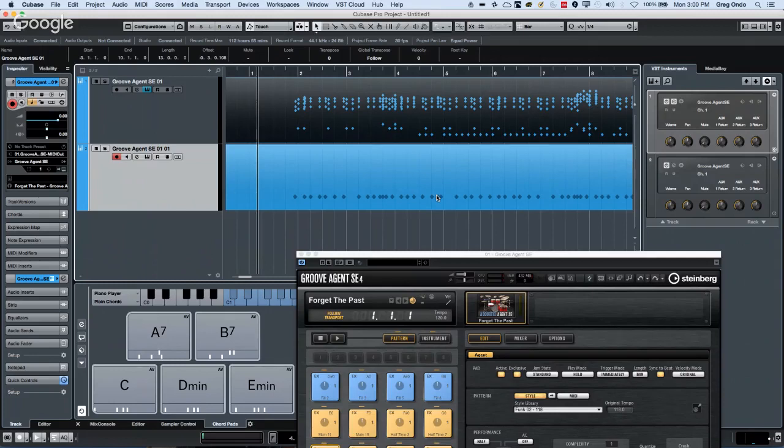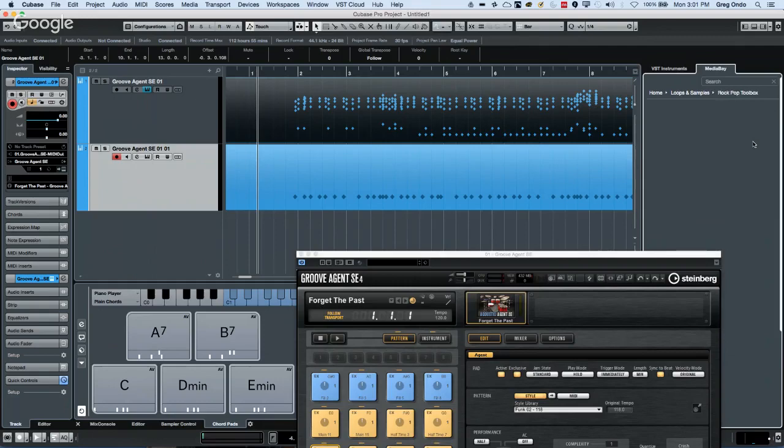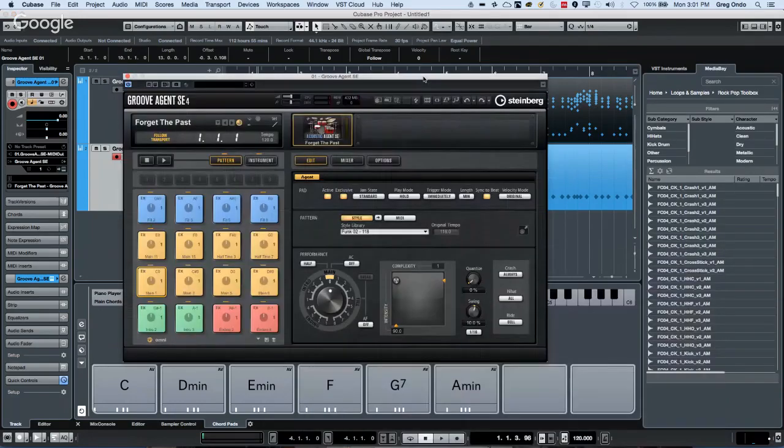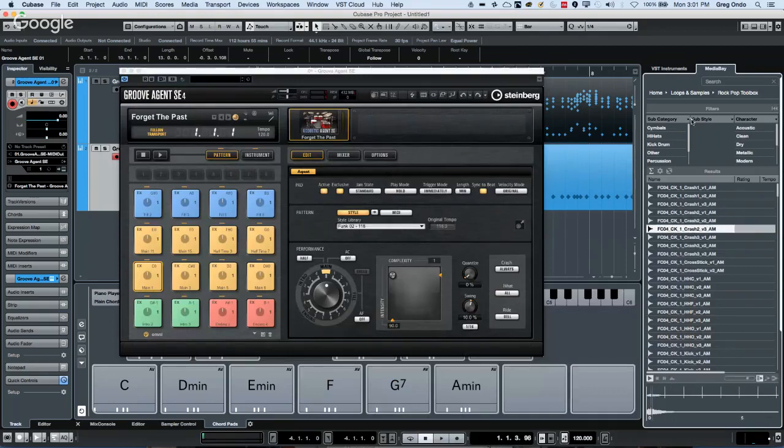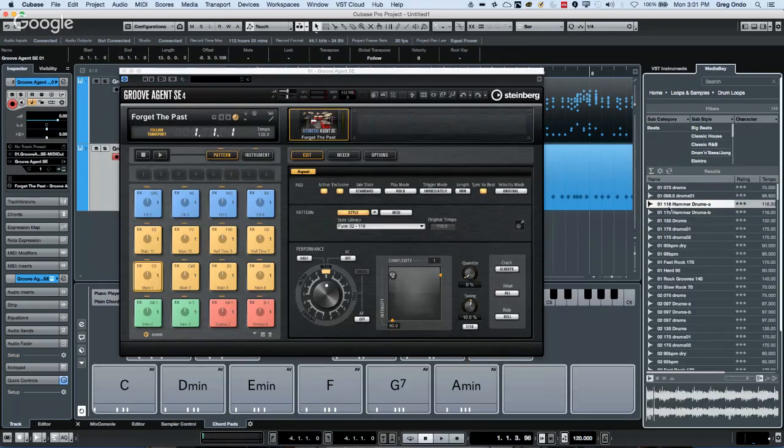All right, so we had this question from earlier about how to audition sound. Let me read it so I get it correct: how to audition content in Media Bay without having to disable Control Room. If you don't hear sounds in Media Bay, so let's say I just wanted to go through different drum loops, this information is always going to be routed through the Media Bay. So let's say I come here to drum loops. If I don't have Media Bay enabled here,